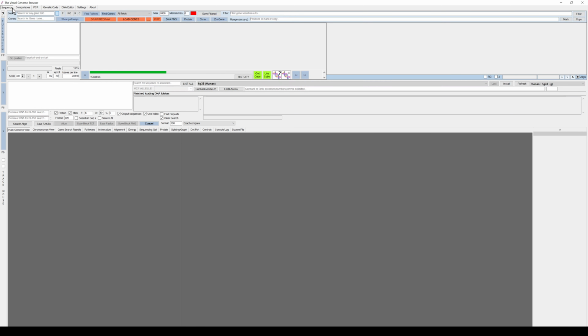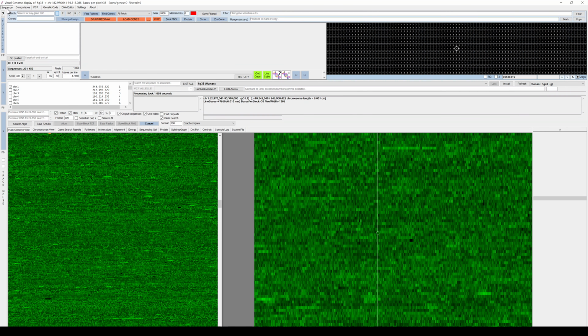Let's start off by double clicking on the icon on the desktop. It will open the default view, which is the sequence view. In this view, there are a bunch of buttons on the left that allow you to collapse certain panels. You can make the top panel bigger, you can make the bottom panel bigger, or you could use a full screen mode. So let's say we want to use full screen mode.